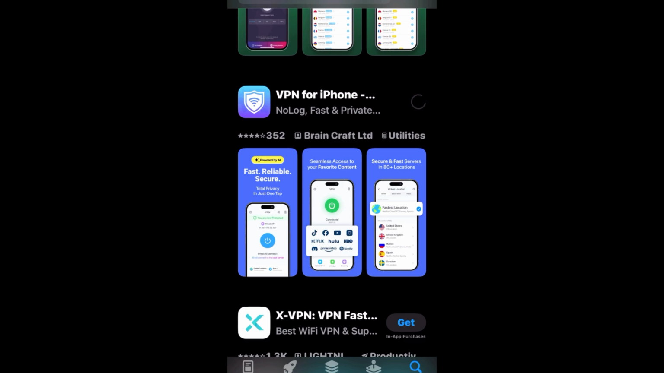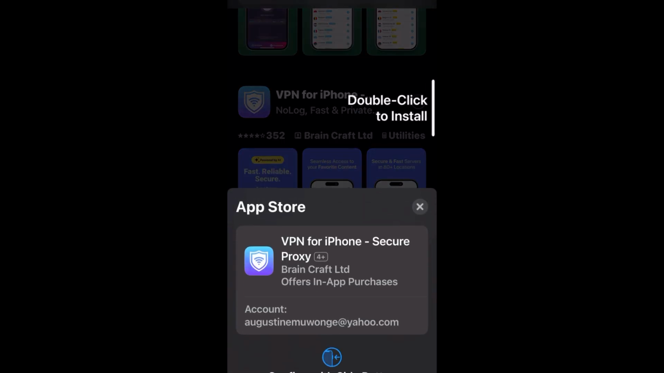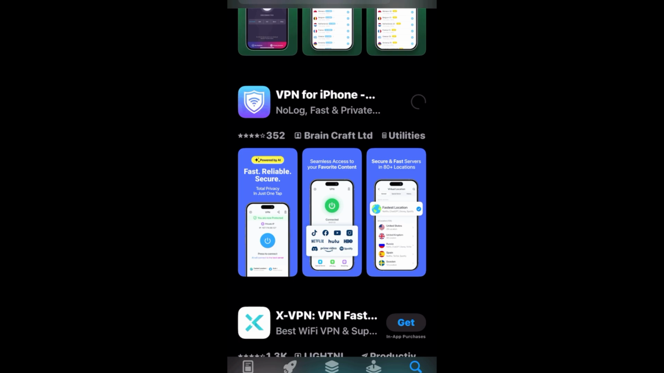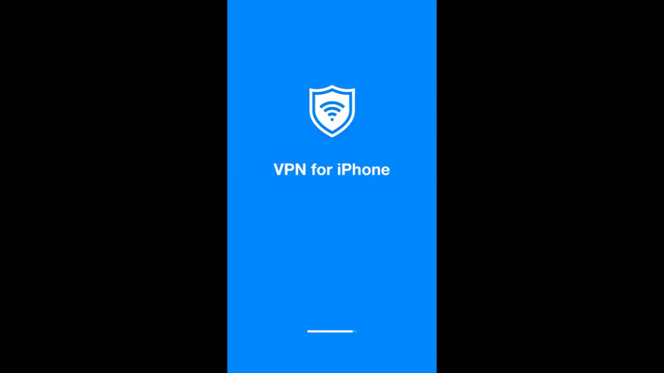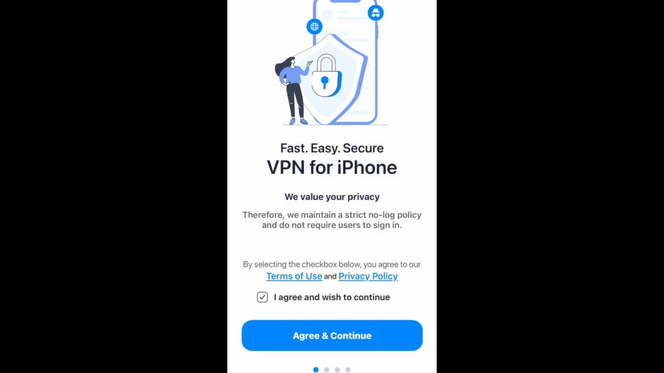Tap on get and then it will start to download. It will bring the double tap or double click to install. You tap the off button on the iPhone 13, double tap, and then it will start to download and install it. You give it some time. It is downloading, and once it's done, just tap on open, and then it will come here, agree, and then